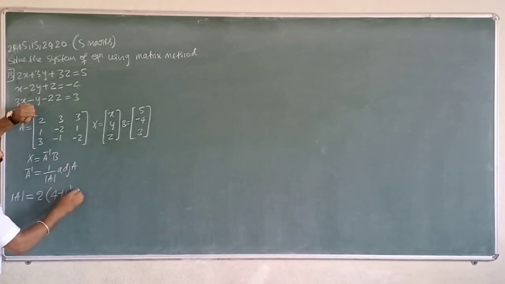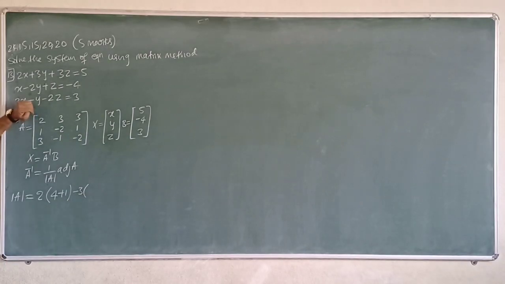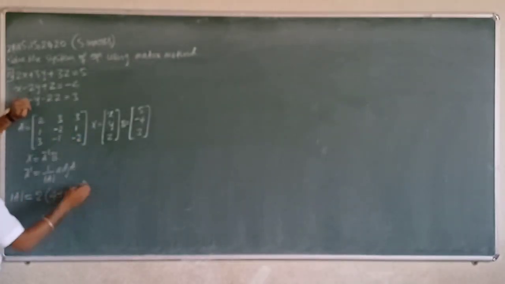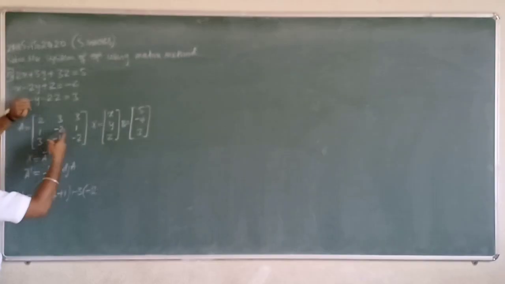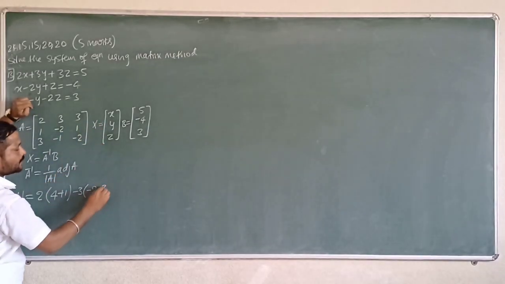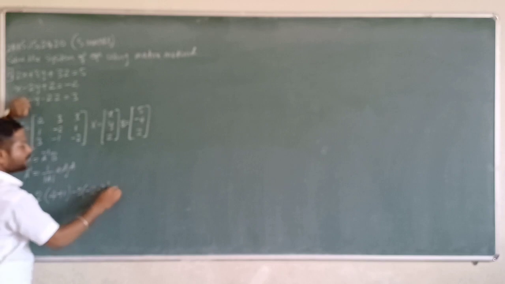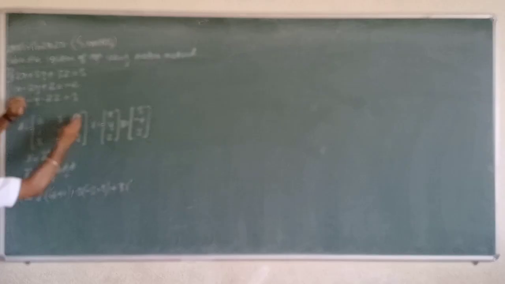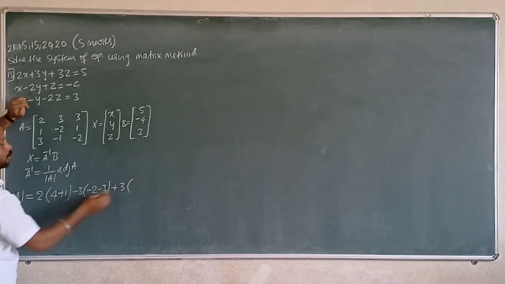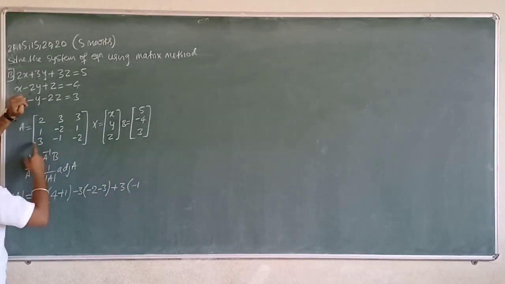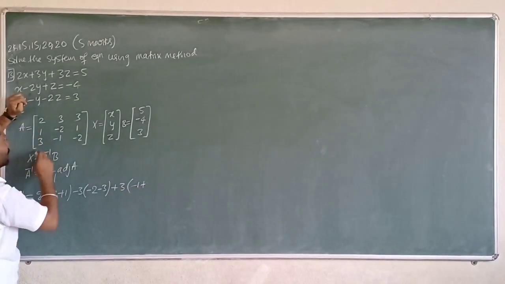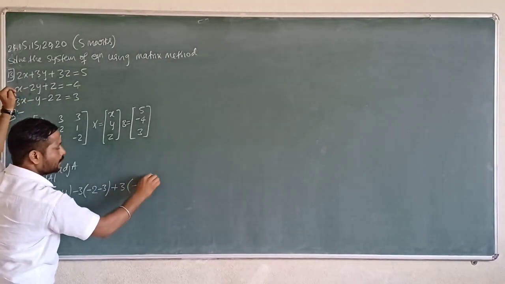A12 is positive or negative? Negative. Take this minus 3. Delete first row, second column, then 1 into minus 2 minus 2, plus into plus plus, plus into minus minus, 3 1s are 3. Right, the A13 element is positive. Take plus 3 into delete first row, third column, then 1 into minus 1 minus 1, plus into minus minus, minus into minus that is plus, 3 2s are 6.